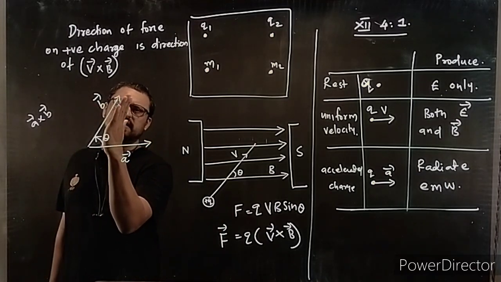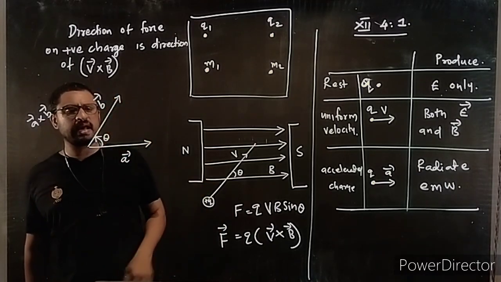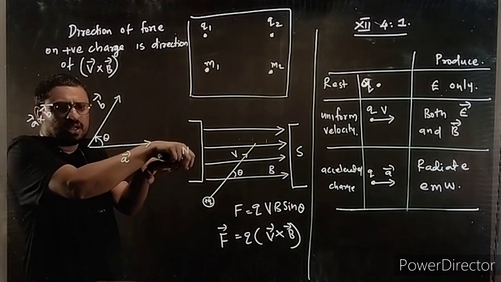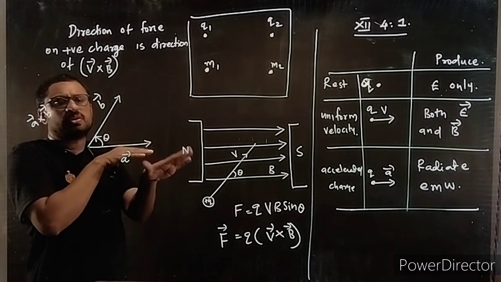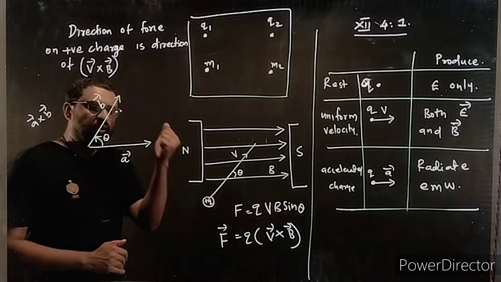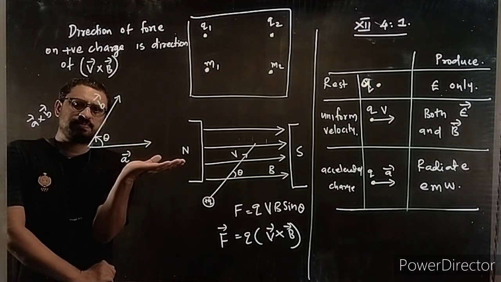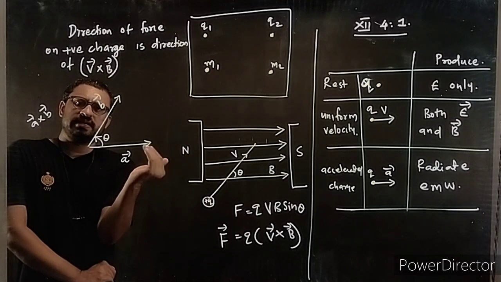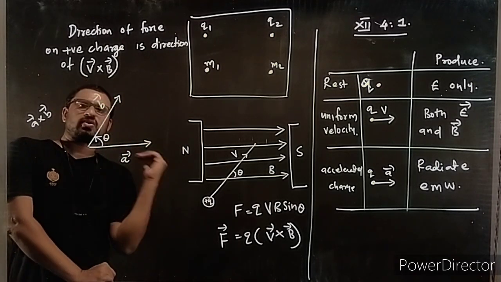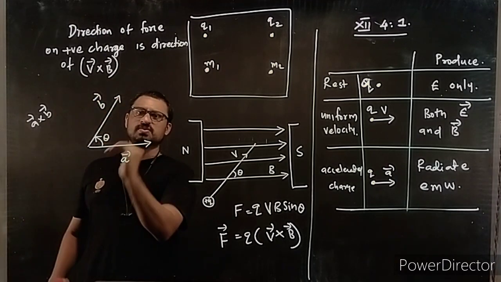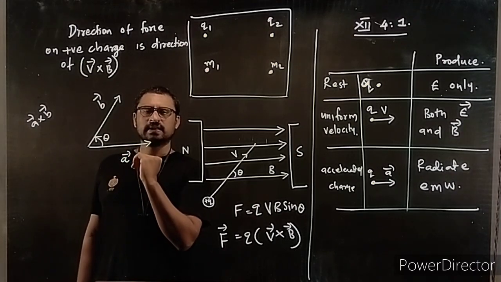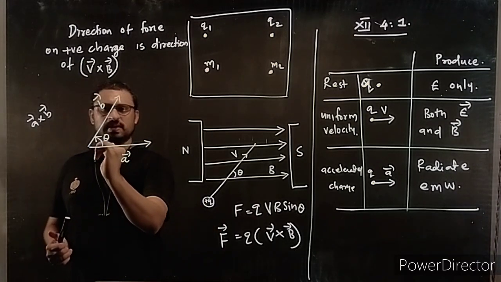Suppose I place my hand like this. I will not be able to curl my fingers from A to B, because I cannot curl fingers backwards. So you have to keep like this. Yeah. Now you can curl from A to B, right? You curl the fingers from A to B, you will get the direction of A cross B. So I can say the A cross B is towards me. Yeah, it is towards me. So direction of A cross B is towards me.